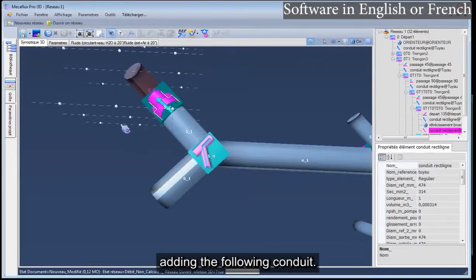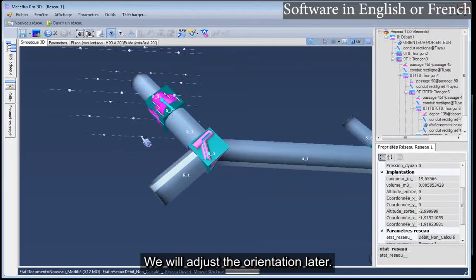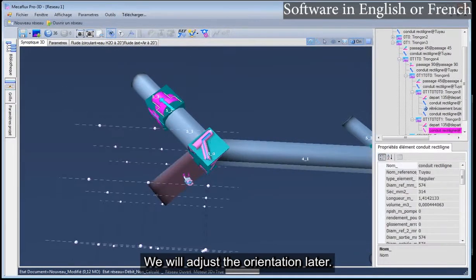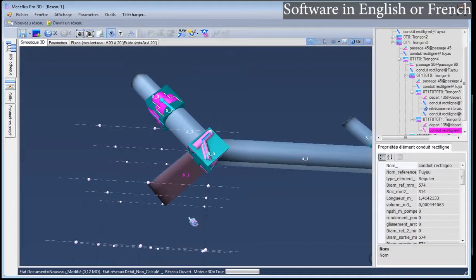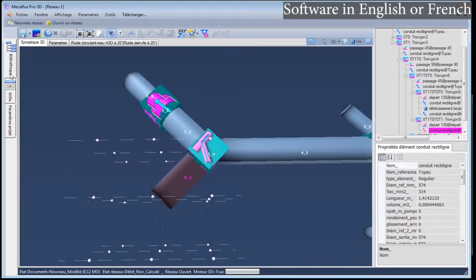Adding the following conduit. We will adjust the orientation later. We also reduce the second branch.